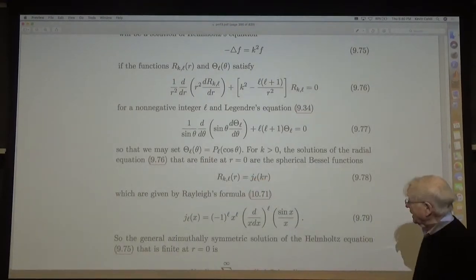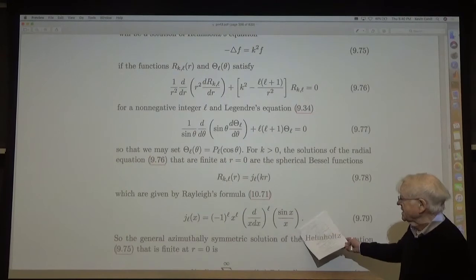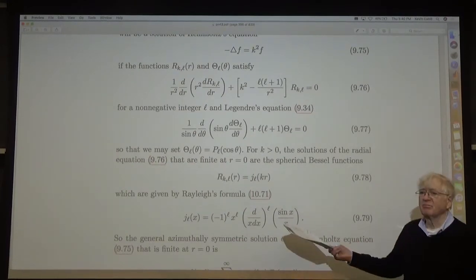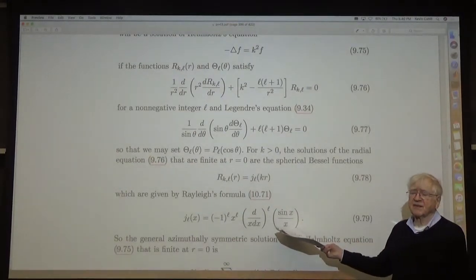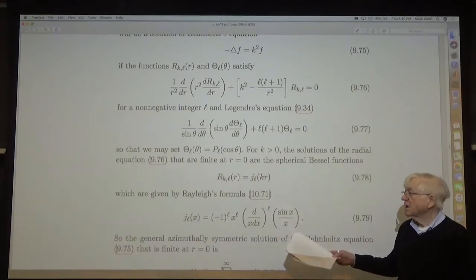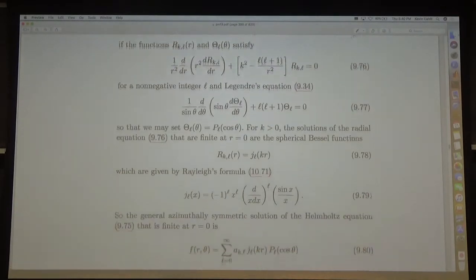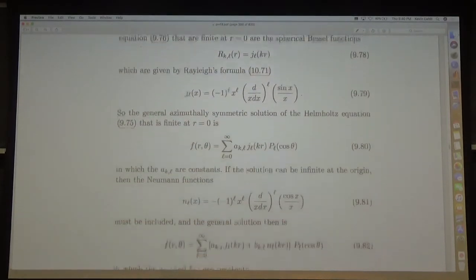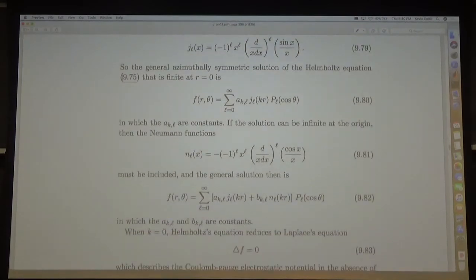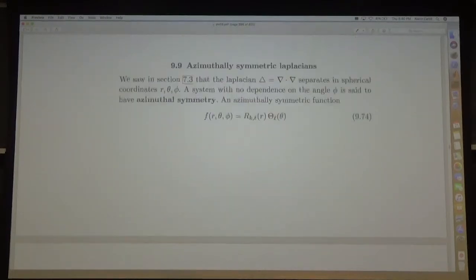This Rayleigh formula is quite nice, and it shows you how simple the spherical Bessel functions are. You must think of them as really nice functions, whereas the cylindrical Bessel functions are quite a bit more complicated. And so then the general azimuthally symmetric solution of Helmholtz's equation,